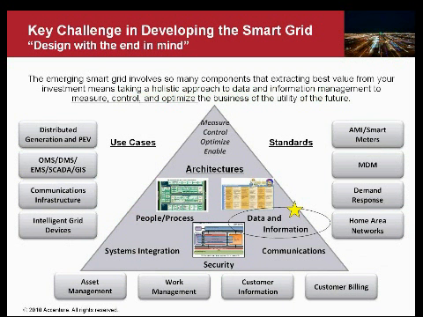So at Accenture, we've worked on over 75 different smart grid projects globally over the last 5 years or so. And one of the things that I've experienced is it's very difficult to design with the end in mind because smart grid is so new in many ways. There are many different components, and a number of clients I've worked with, their projects are very segmented or siloed. So defining the key architectures and designing with the end in mind is not always easy. But what we do suggest is really looking at use cases, standards, and architectures.